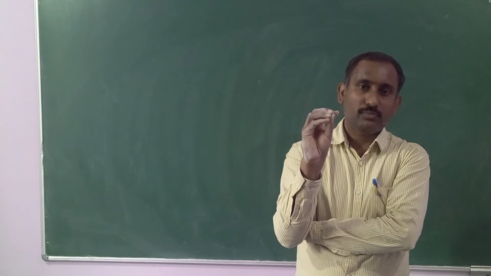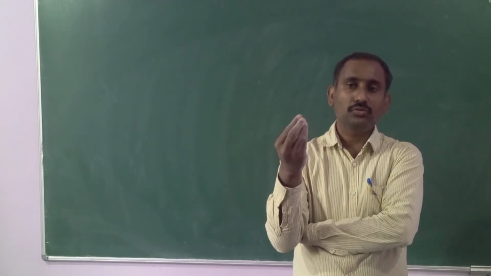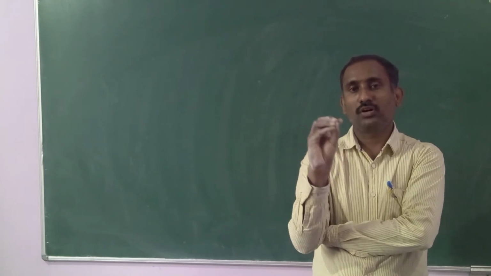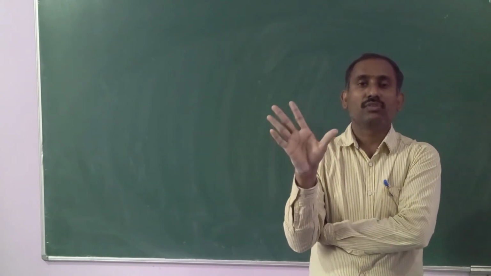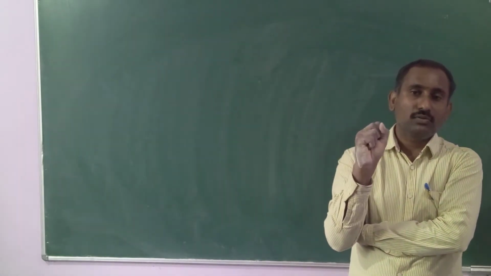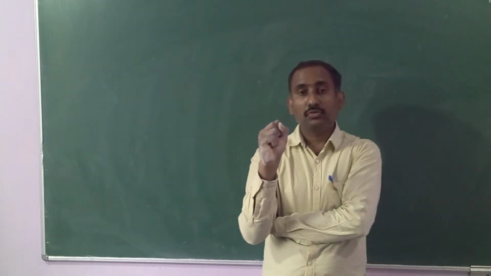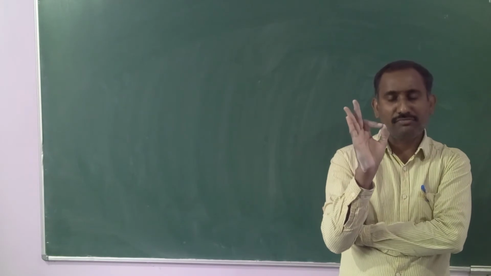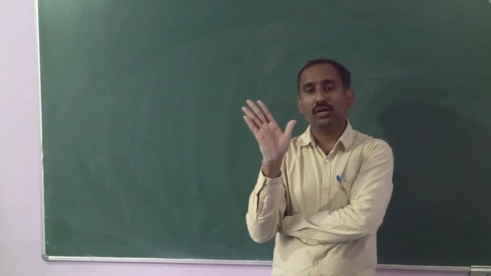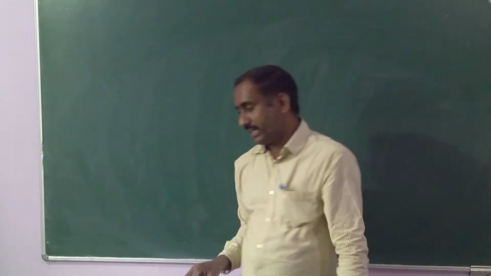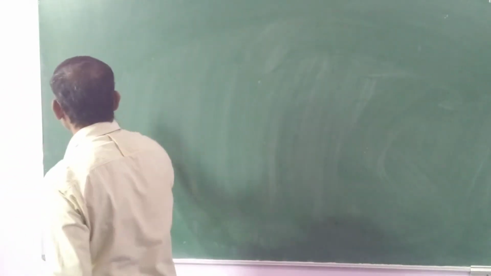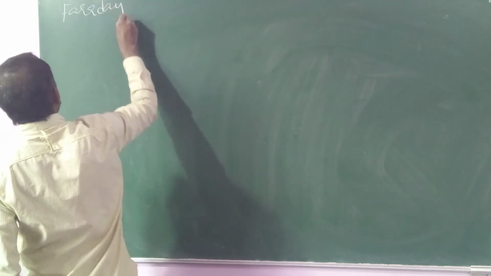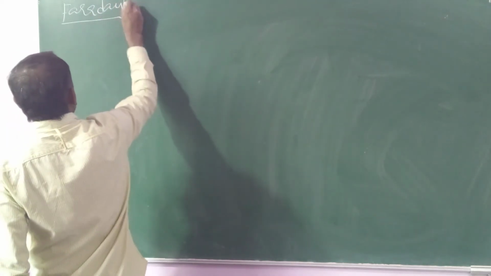Up to now we discussed qualitative analysis. Now we can go through quantitative analysis. That means how much amount of anode product is formed, how much amount of cathode product is formed. That quantitative analysis we have to study under the heading of Faraday's laws of electrolysis. Very important for PU and objective exam. So next, Faraday's laws of electrolysis. Very important for PU and objective exam, because of the scientist's name, Faraday.